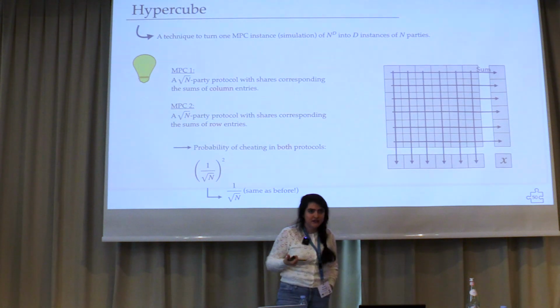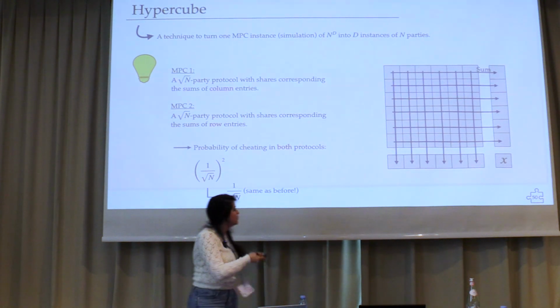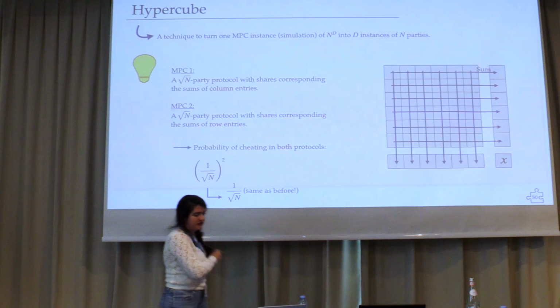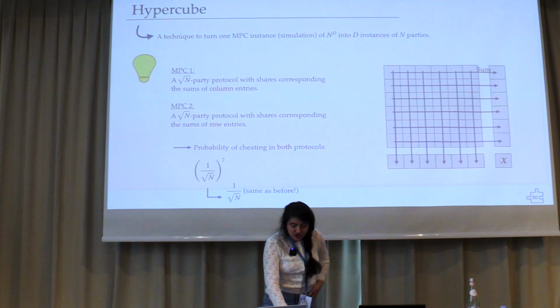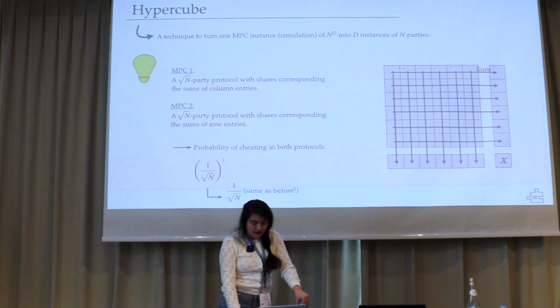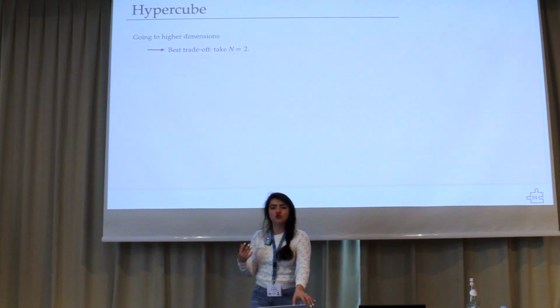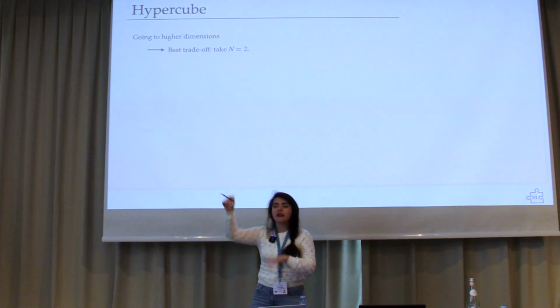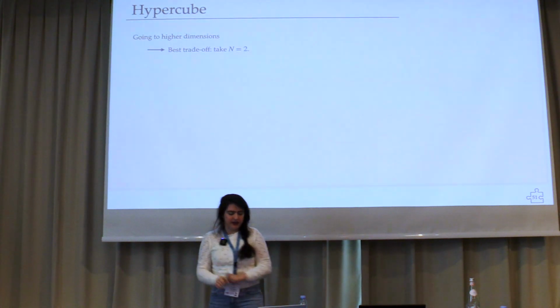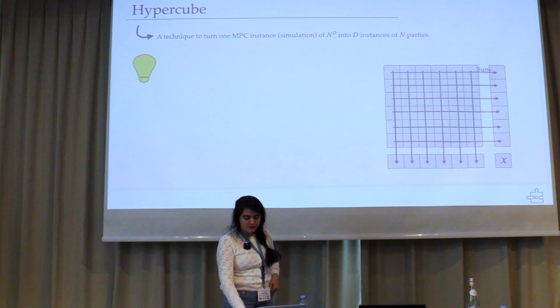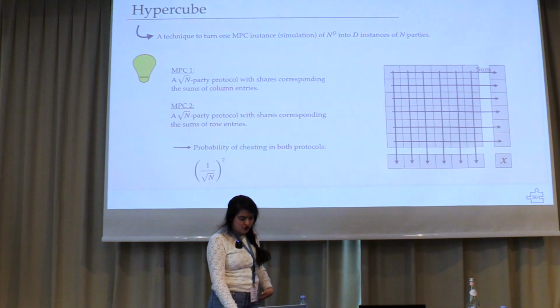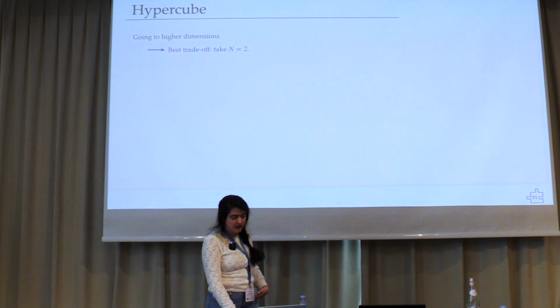So you get the same soundness, but you did fewer computations, only 2 protocols, and this generalizes. I will show you how it generalizes, and actually they found that the best trade-off is to take N equals 2. We will go into higher dimensions, but you always take 2 parties. Here I had some bigger N, right? It turns out that the best trade-off, if you calculate things, is exactly to take N equals 2,